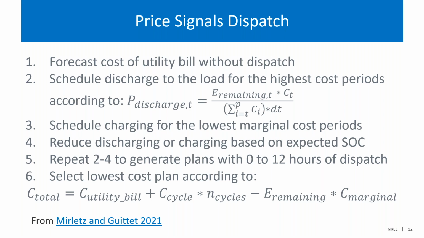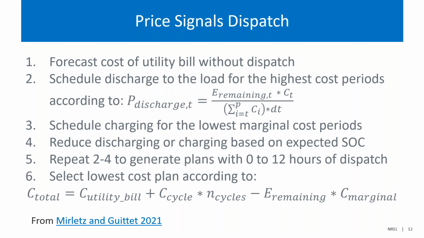It then schedules discharge to the load for the highest cost periods, in proportion to the cost of each period. So if you had 2 periods that were relatively high cost, you'd see roughly 50% of the discharge in those periods and not a lot in the rest of them. It then schedules charging for the lowest marginal cost periods. Then it does a pass through, this is going for 1 day. It reduces discharging or charging based on the expected state of charge at each step,